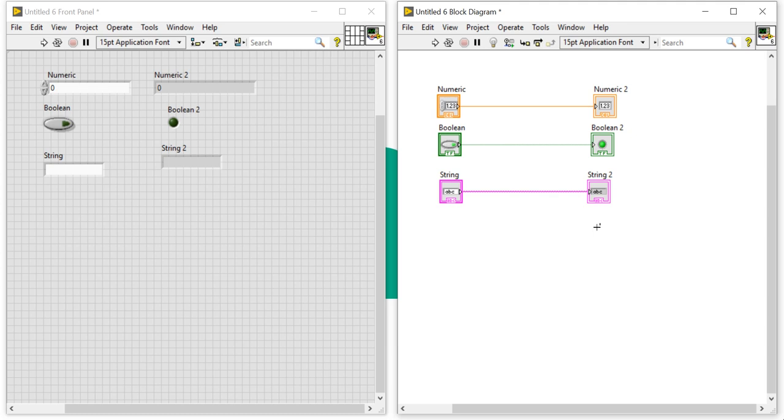So if you get an orange wire in any function, that means it's transferring a numeric value. Green transfers a boolean value, and pink transfers ASCII characters in terms of string.